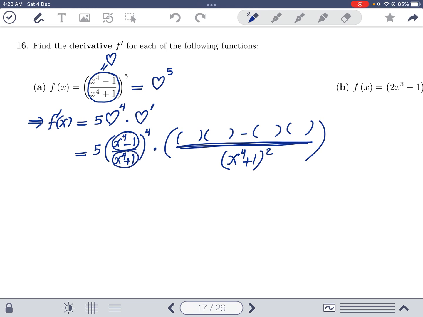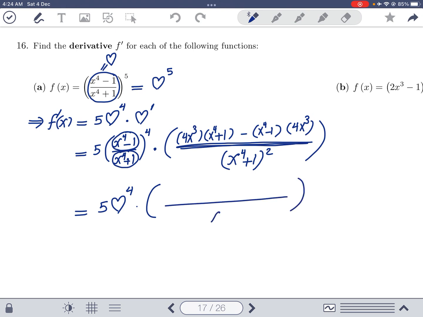So the derivative of x to the 4 minus 1 is 4x cubed times the denominator is x to the 4 plus 1 minus the numerator is x to the 4 minus 1 and the derivative of the denominator is 4x cubed. And so this will become 5. Let's keep calling it heart to the 4 until the end, then I will write what it is, just to save space. And now here this is x to the 4 plus 1 squared,